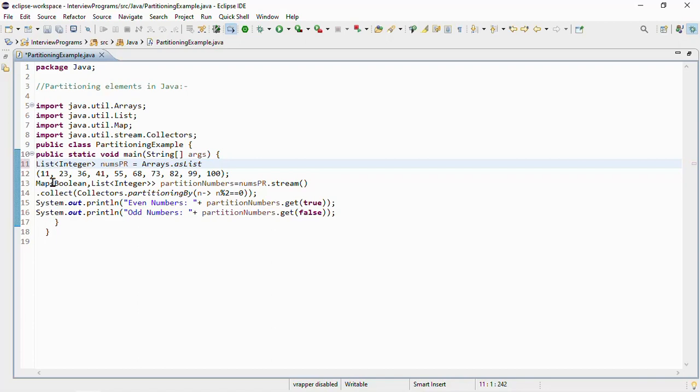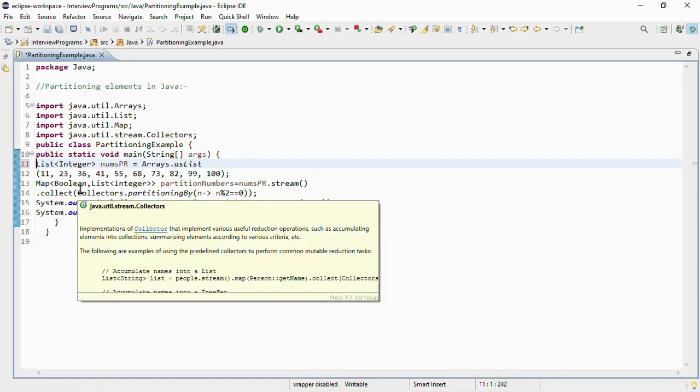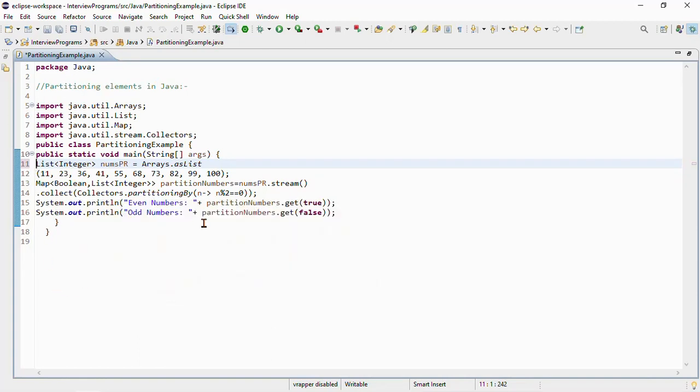So let's revise our code once again to understand each line in the code. First of all, we start with a list of integers named numsPr that contains a different set of values. Then we create a stream from the numsPr list.